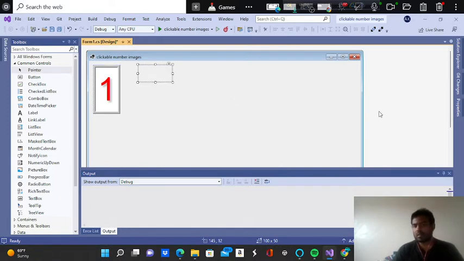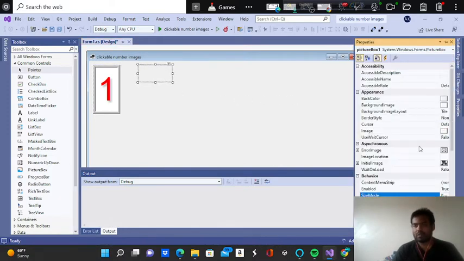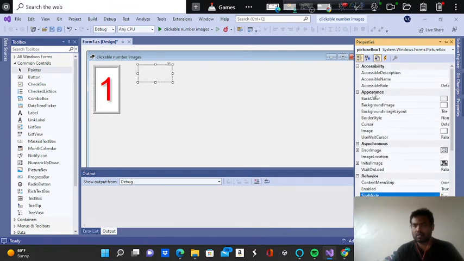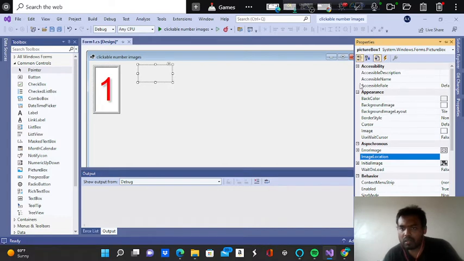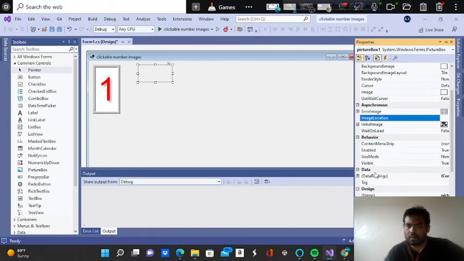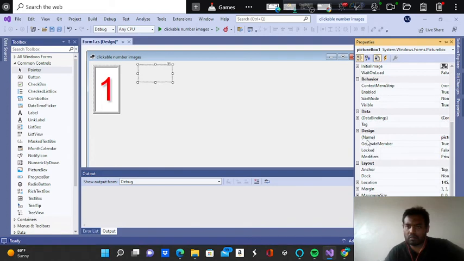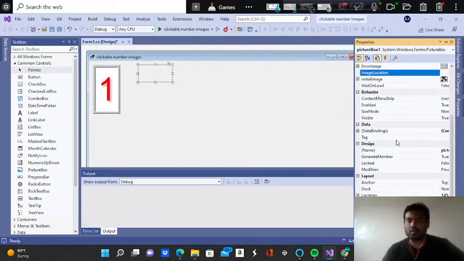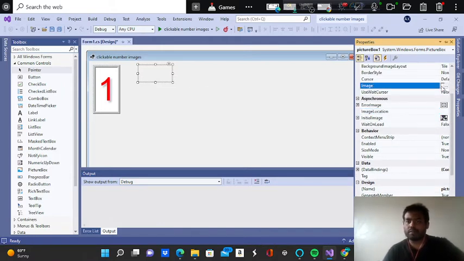Okay, so just go to the properties, image, location. No, where is the image section? Here,